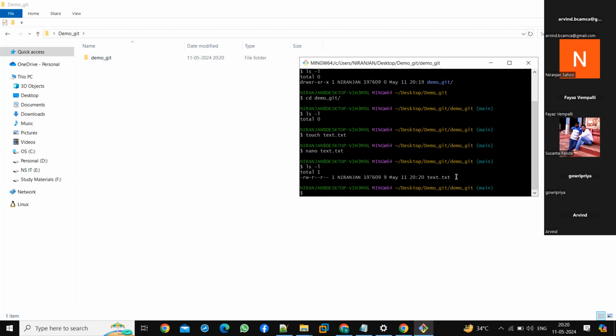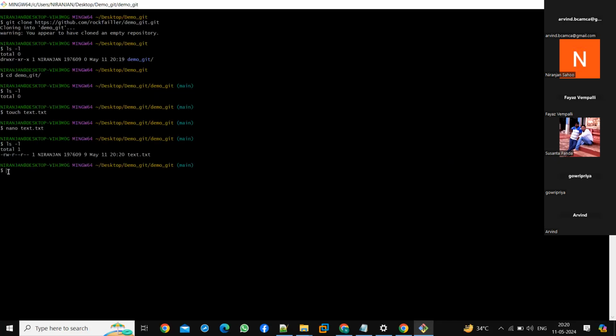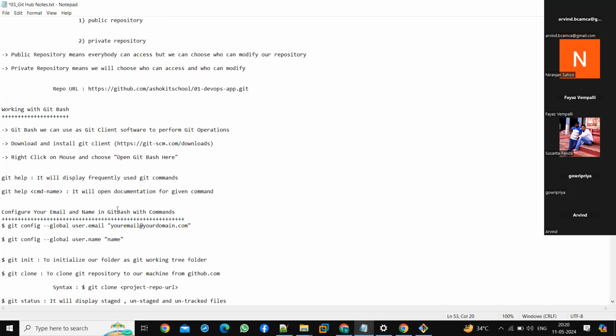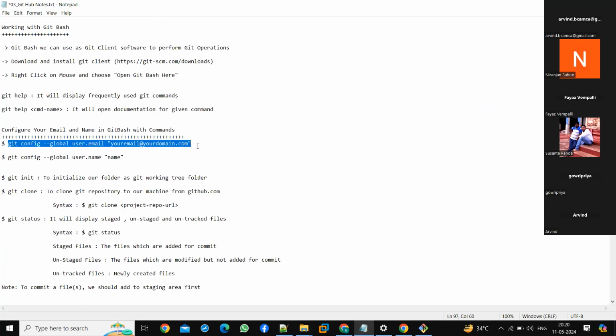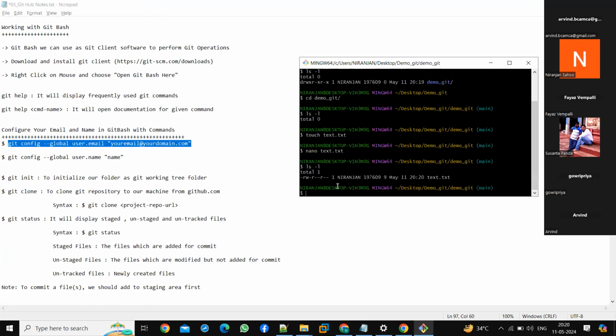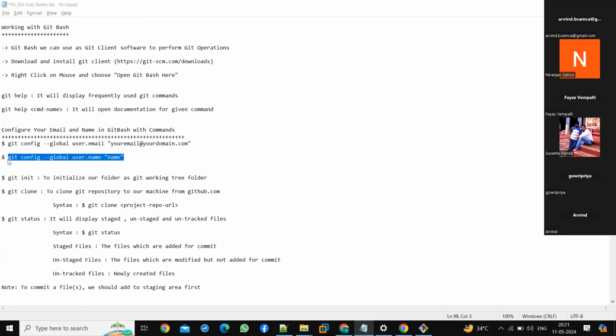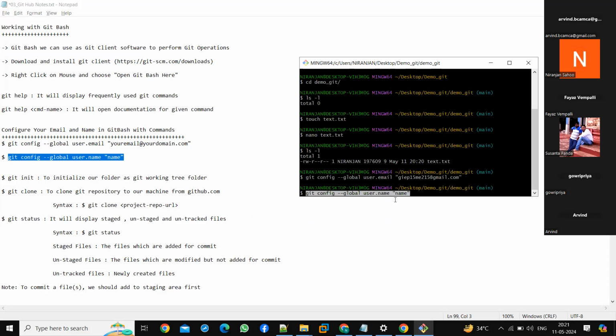So that means I have created a file inside of that repository, and that file I need to push to my remote repository. How will I do that? To do all those things, I need to configure my username and my password. For that, I'll use git config --global user.name. Because I have just cloned this repository, here I need to provide my mail ID. So in order to communicate with my remote repository, I need to configure my username and my mail ID. Okay, I'll paste it. My username will be